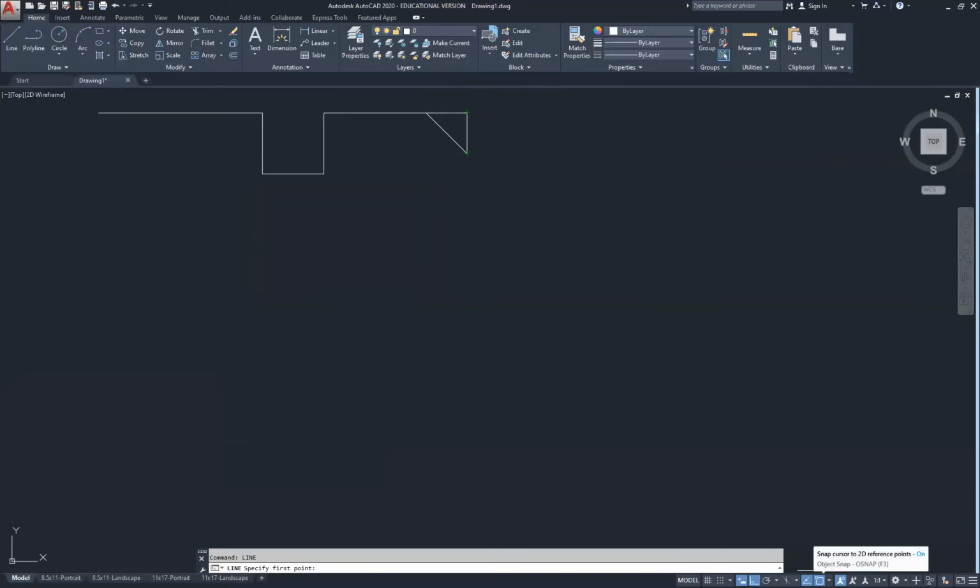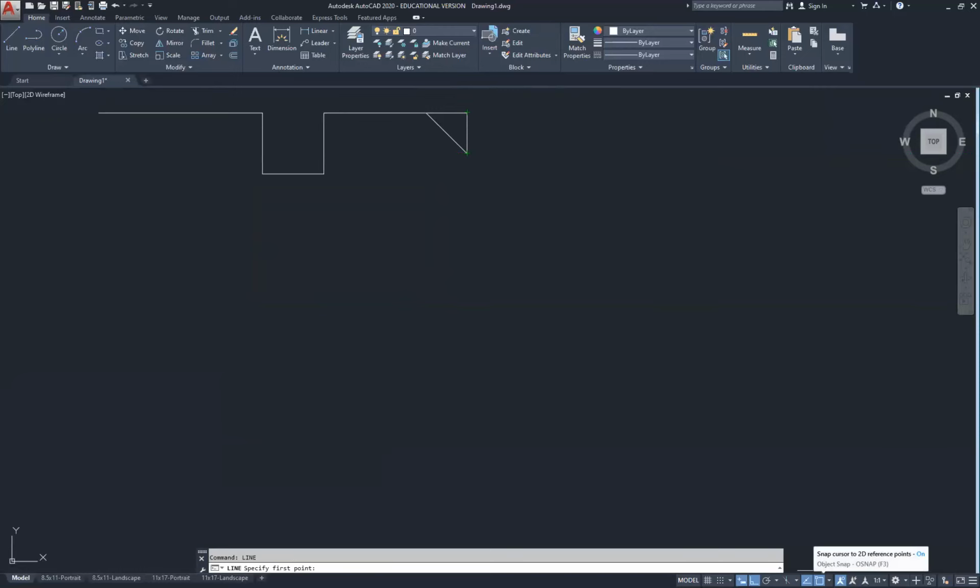From here, what I'm going to do is I'm going to change my screen to 11 by 17 landscape right here at the bottom tab. We're going to left click on that. Now in here, you should be able to hit the center scroll button twice. That zooms into the limits of the